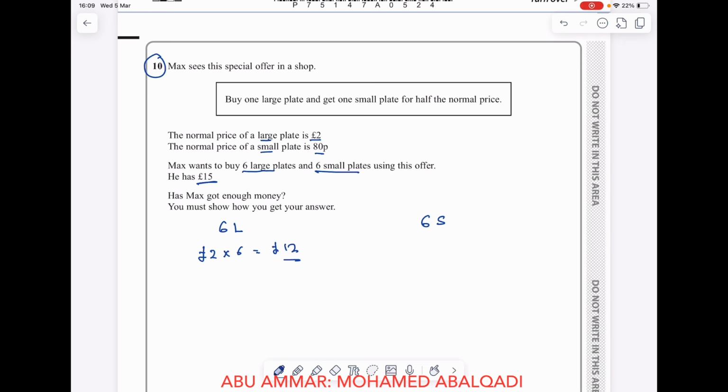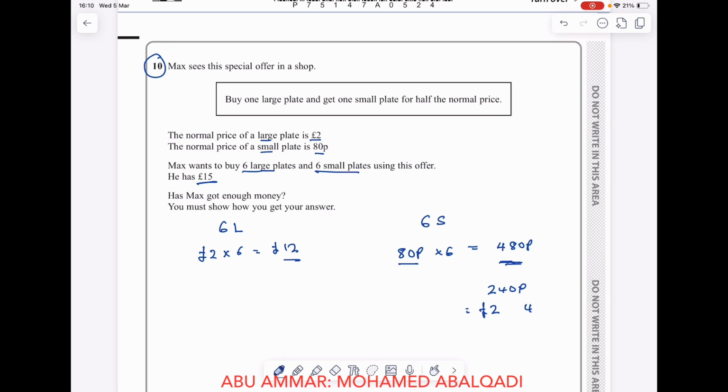So let's see the normal price for 6 small plates. One plate is 80 pence and 6 plates will be 80 pence times 6, which is 480 pence. He will get half price of that, so half of that will be 240 pence, which will be